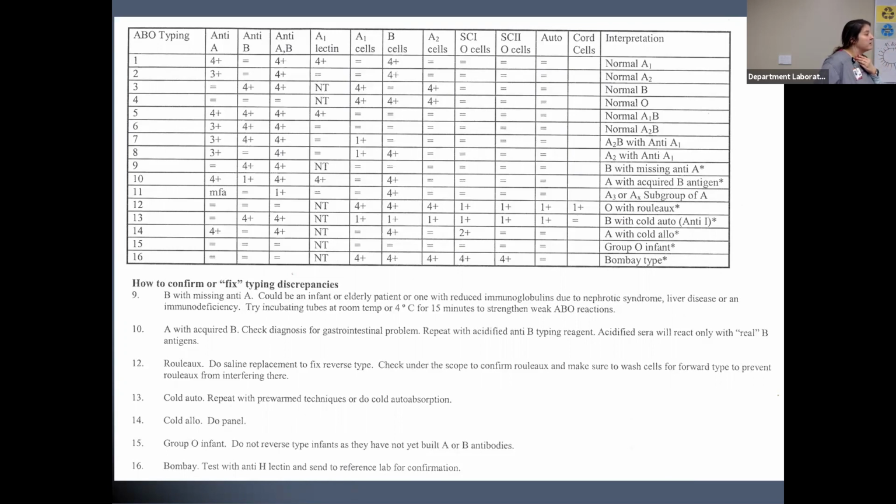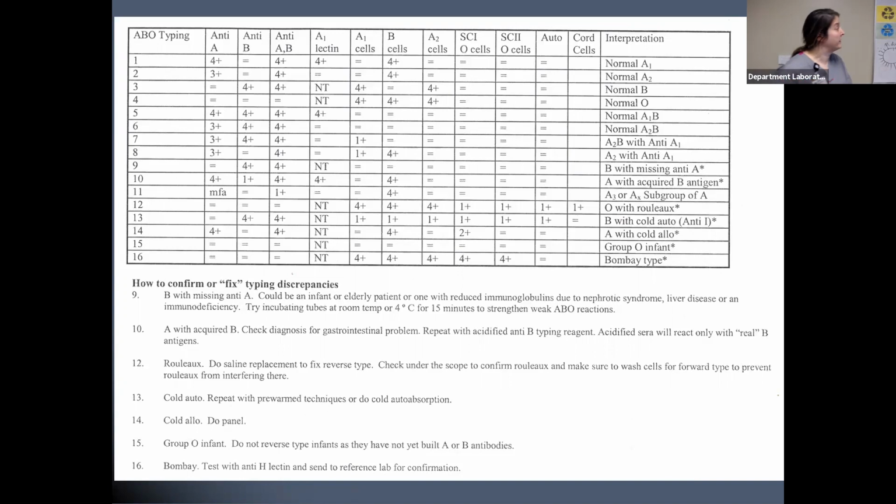But it gets very interesting. And especially if you go on to blood bank and get into the molecular aspects of testing, which is really huge right now. It's very, very interesting. A lot of discoveries being made, especially with the D variant. So